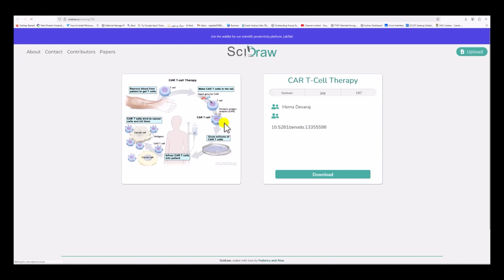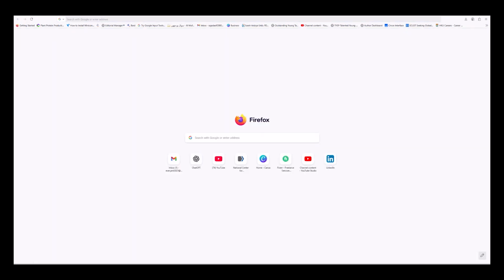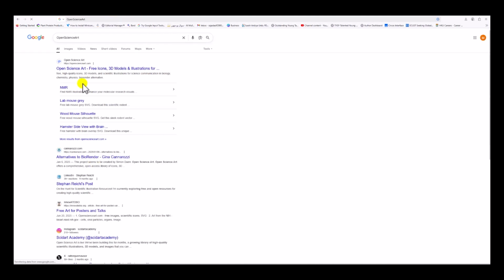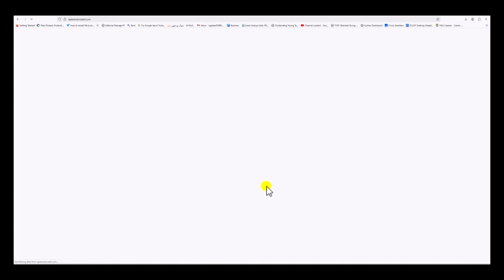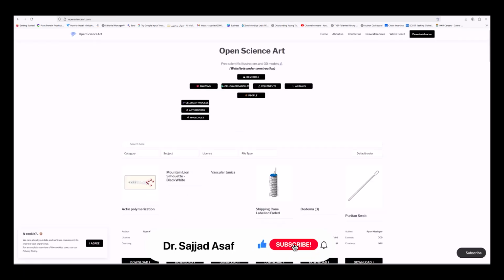Now the fifth and last one is Open Science Art. Okay, so we will do the same. We will put the name here, and then you can see Open Science Art. It will give you a variety of icons, illustrations, and different categories.